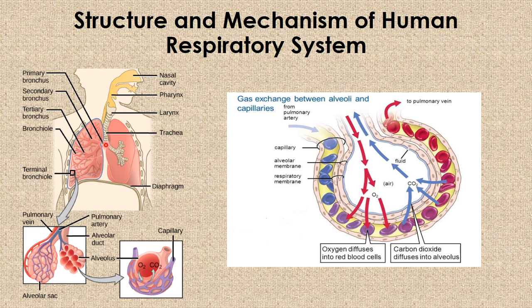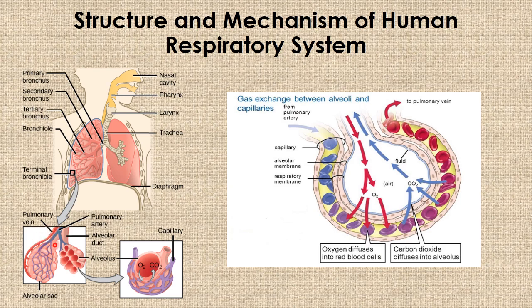bronchus, while two of them, plural, is called the bronchi, and the bronchi branches out into what we call the bronchioles. And once air goes into the bronchioles, at the end of each bronchiole you have the air sac, or what we call the alveoli. Now, this is what the alveoli looks like. The alveoli